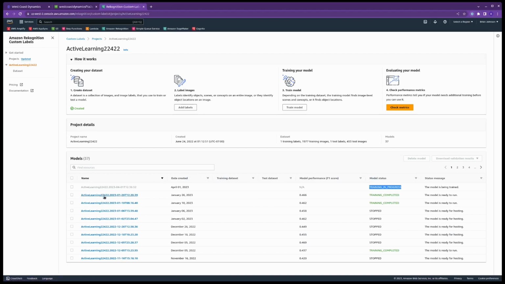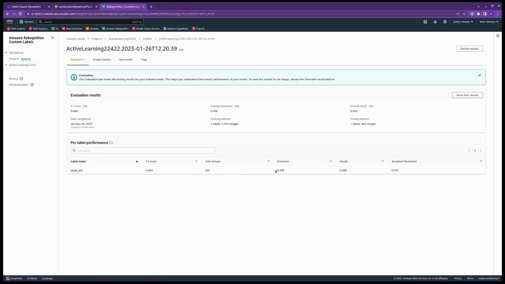So with each model you get some metrics. You can see here a little progress and improvement. This one had an F1 score of 458. Then a few days later I got 462, and then a few weeks later I got a 466. So hopefully this new one goes even higher. That's an F1 score. It's okay that it's below 50%. In fact, I found that even though my precision on some of these models isn't even 50%, and my recall isn't 44%, it's okay because